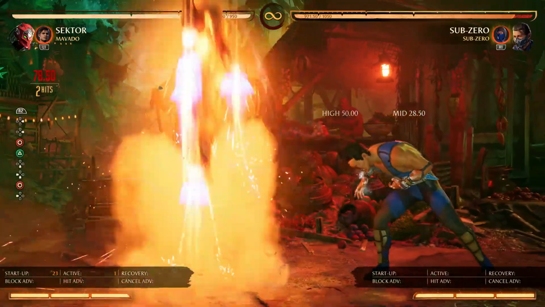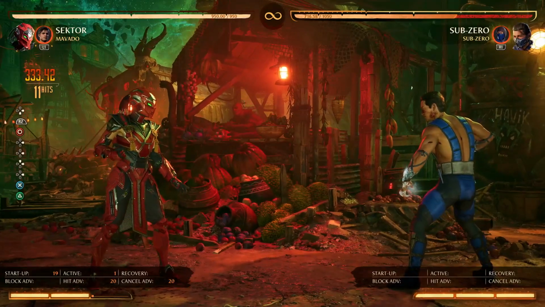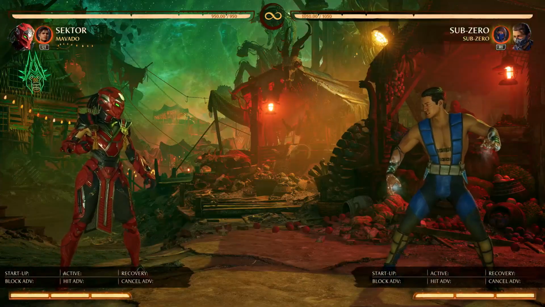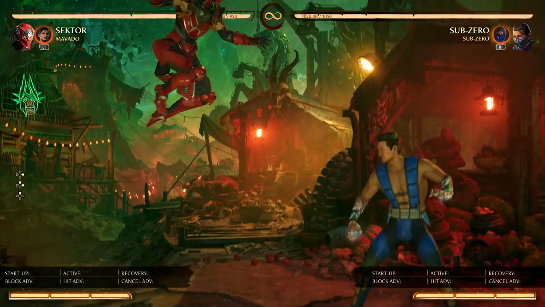So this combo, that combo to be exact, with the 3-2 ender. Everything I've taught you up to this point for Sektor is important here. So you're gonna do your regular combo the same way you normally would, but when she hits this shield, you